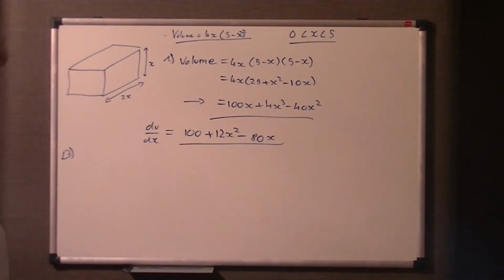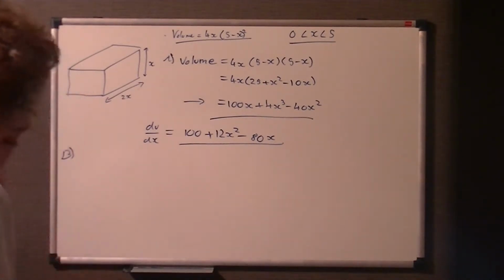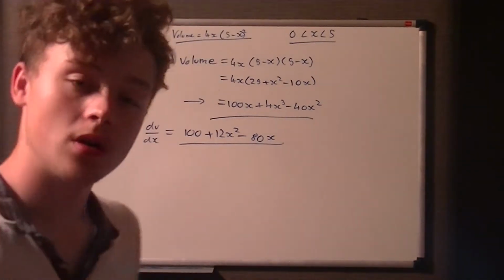So what we need to do, when it's the maximum volume, dV by dx equals 0, which is basically the same as the maximum point. So I won't draw it, but you